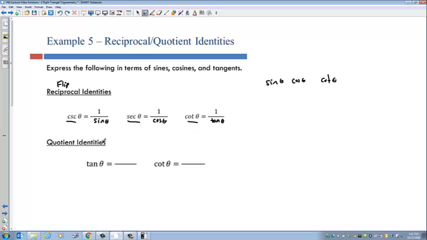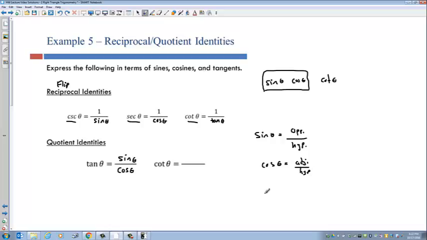And the quotient identities, right, they're called quotient because you are going to divide 2 trigonometric expressions. Namely, it allows us to express tans and cotans in terms of sines and cosines. So the tan of theta actually turns out to be the sine of theta over the cosine of theta. And to see that's not hard, so remember how we define sine of theta. It's equal to the length of the opposite side divided by the length of the hypotenuse. And the cosine of theta, basically the same thing, except instead of the opposite side, you take the adjacent side divided by the hypotenuse. And then the tan of theta was equal to the opposite